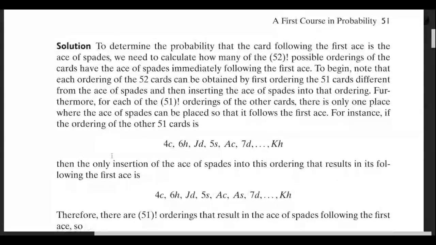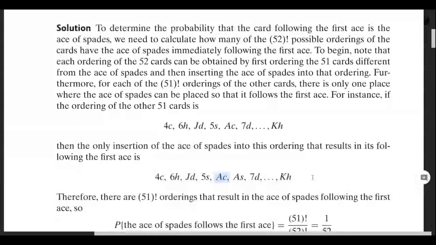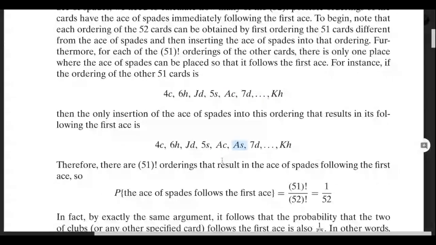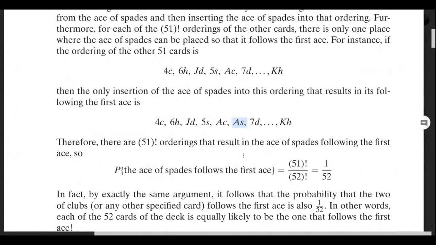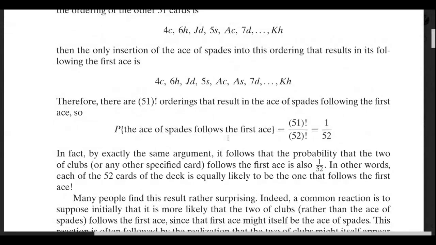For instance, if the ordering of the other 51 cards is like such, so this is random, then the only insertion of the ace of spades into this ordering happens right here. So this is the ace of spades. It has to happen immediately after the ace, right? So this is just the ace of clubs. This is just one random choice. So it has to be in this ordering. Therefore, there are 51! orderings that result in the ace of spades following the first ace. So the probability of the ace of spades following the first ace